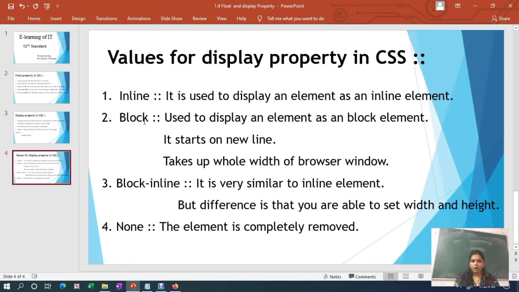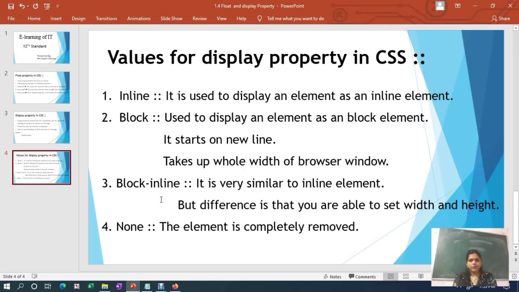Second is block. Using the block value, you can display an element as a block element. It always starts on a new line and takes up the whole width of your browser window. Third value is inline-block. See, block and inline-block are very similar.